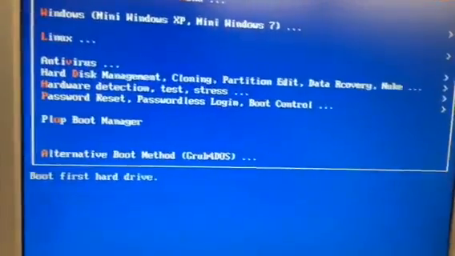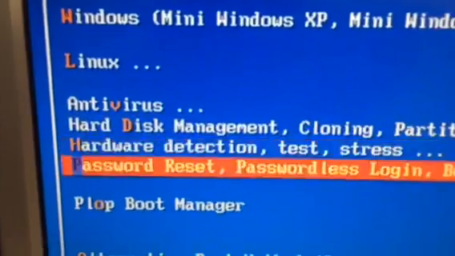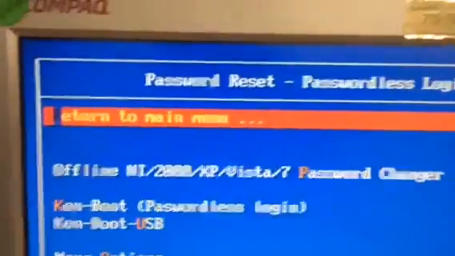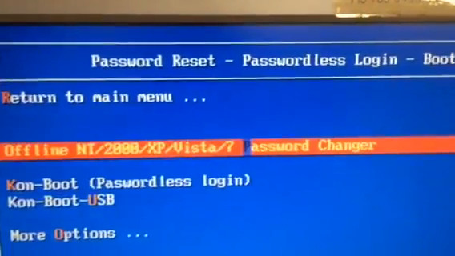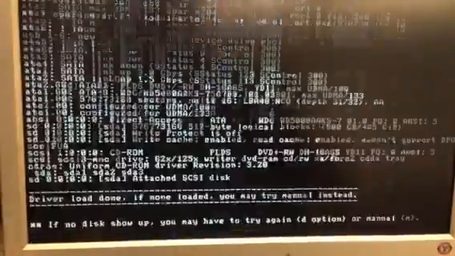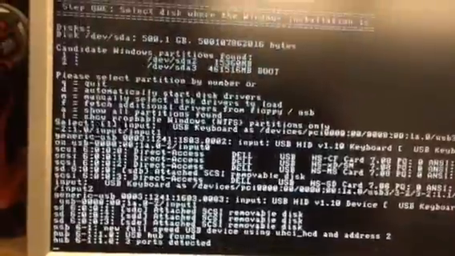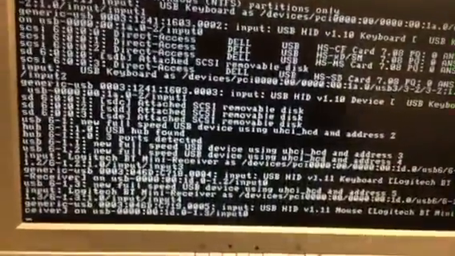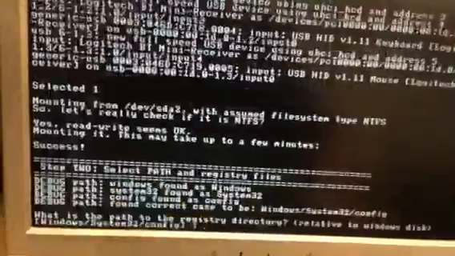Okay, number one, you arrow down to where it says password reset, press enter. Go down to offline password changer, press enter. It's going to boot up, have a lot of different text on the screen, just kind of wait it out. When it pauses and stops for a minute or two, just press enter and you'll see this screen